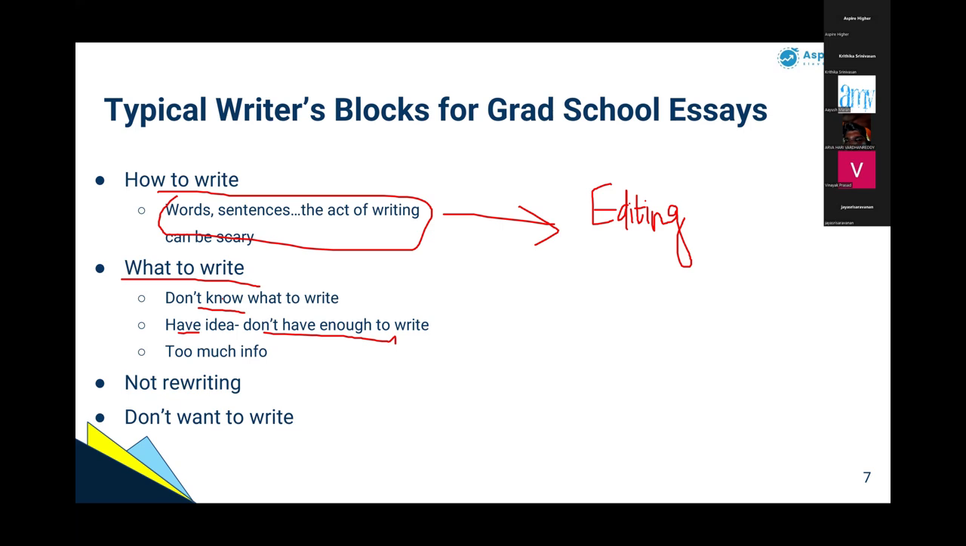But sometimes you have an idea, but you don't know how to express it. And sometimes you might have too much information, too many ideas, and again it'll become a presentation problem. So for this one, I'm going to be suggesting a few things today. And the most important writer's block is you think that you don't have to rewrite. I'll be touching